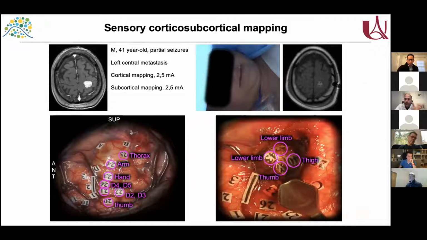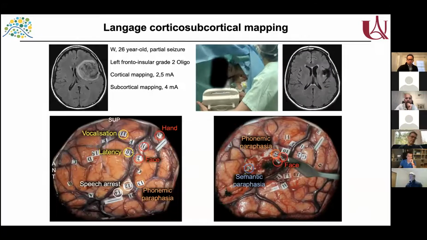Okay, sorry, for sure in this example the patient speaks in French, but the patient here explains he has paresthesia in the index, then paresthesia in all fingers but the thumb. To map language pathways, we perform